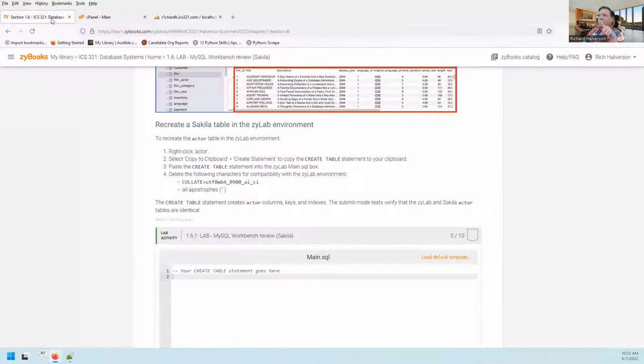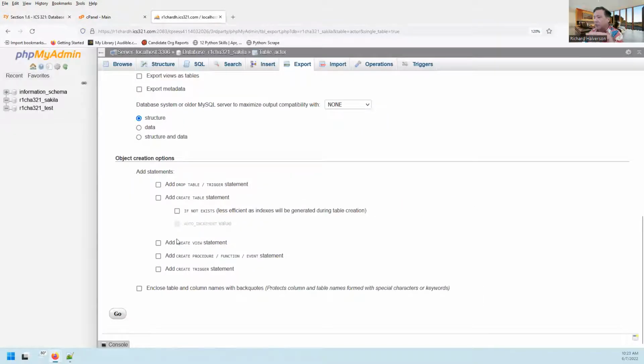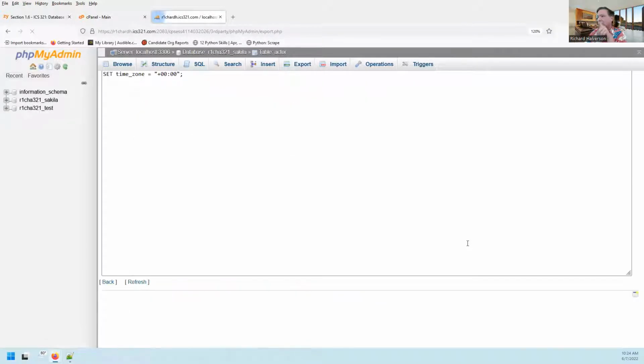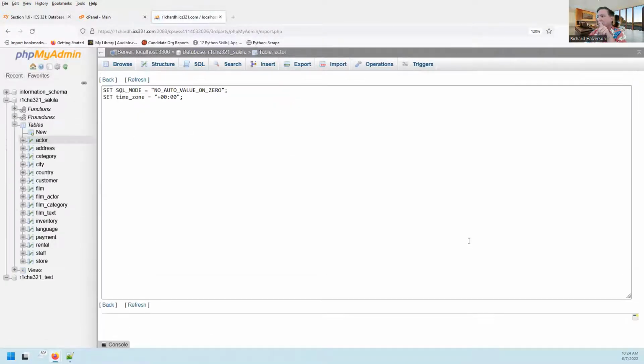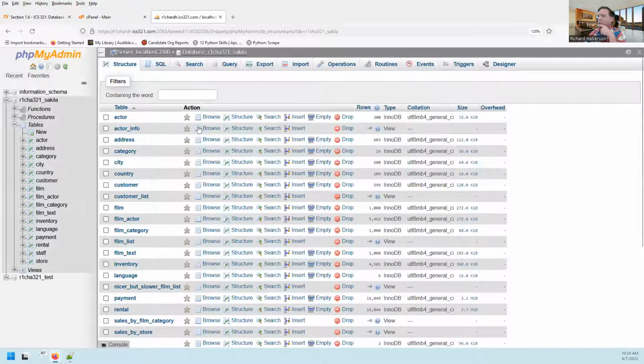It says here, let me just show you this. It says remove all backticks, these backtick apostrophes. Before this semester is over, you'll know what those backticks are, but they make it so you can have spaces in your column names, which is bad practice. Anyway, so that's unchecked, click go. And because I checked the view text, what did I forget to do? Let me go back. Did I forget to check the